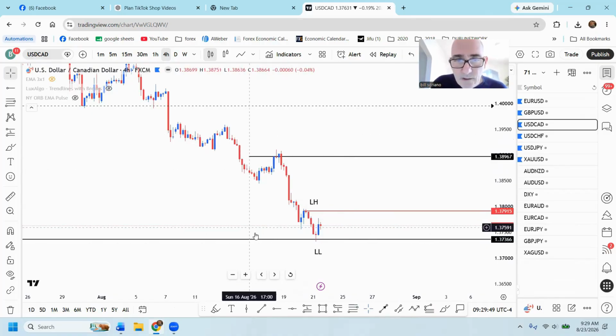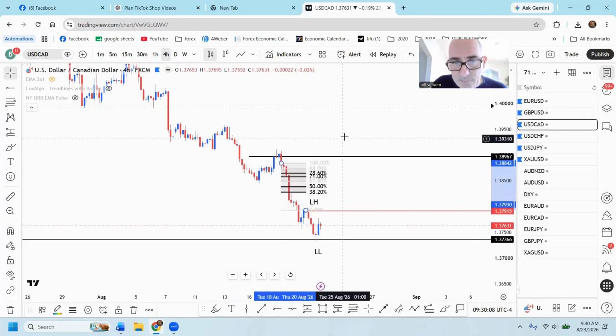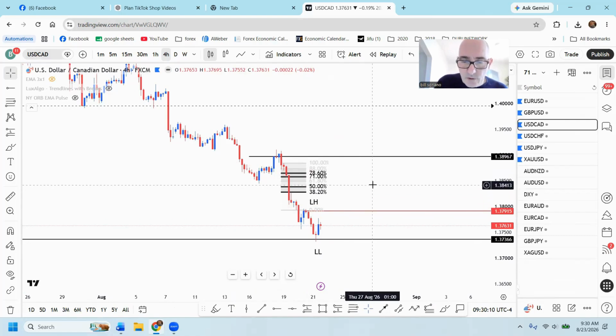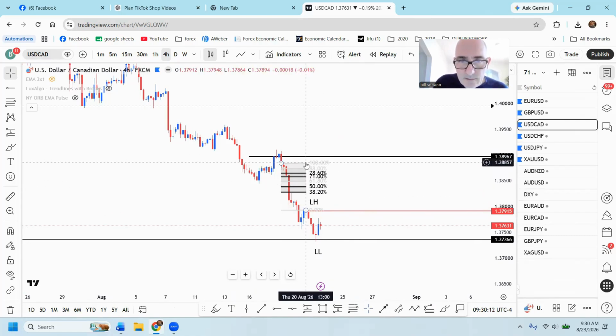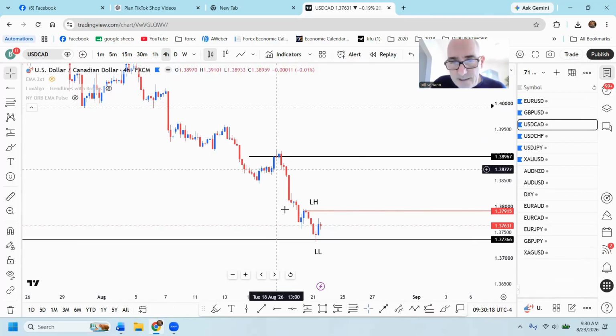Okay? So in order to determine that, we have to look at this one and say, for this to be a valid area, where did this pullback start? So we're going to go to this one, pull that down. That doesn't pull back 38.2%. Sometimes it gets a little bit difficult and a little bit subjective here, guys. But to me,